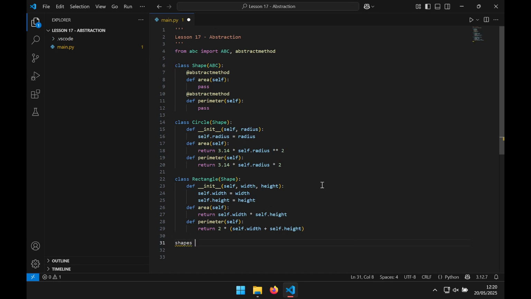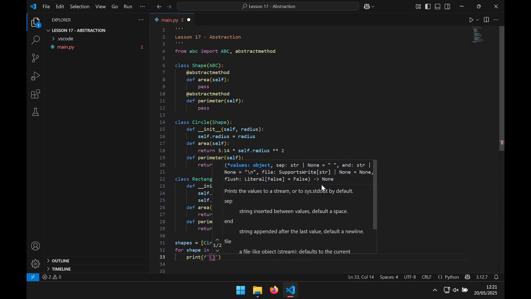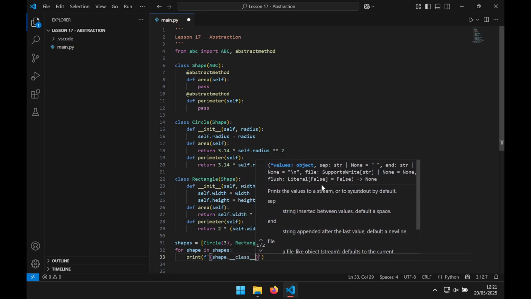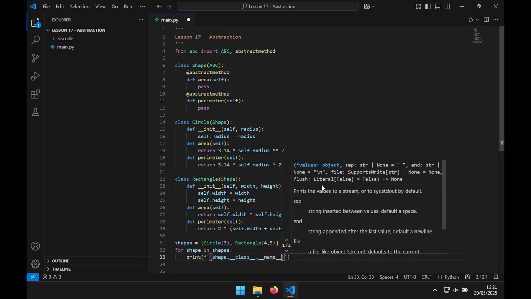shapes = [Circle(3), Rectangle(4, 5)]. New line, for shape in shapes: new line, print(f"{shape.__class__.__name__}